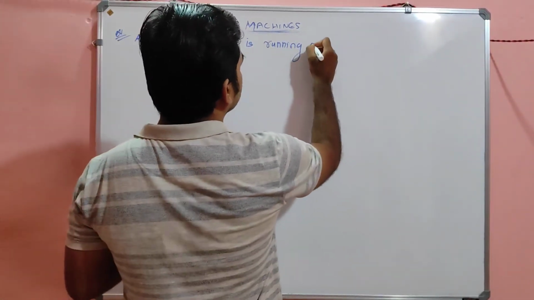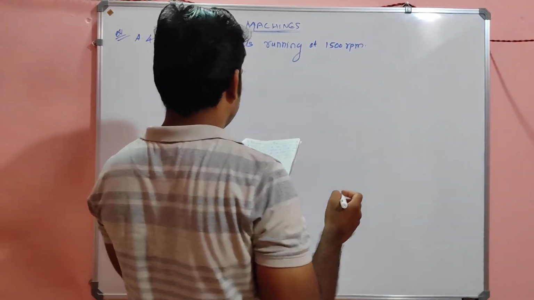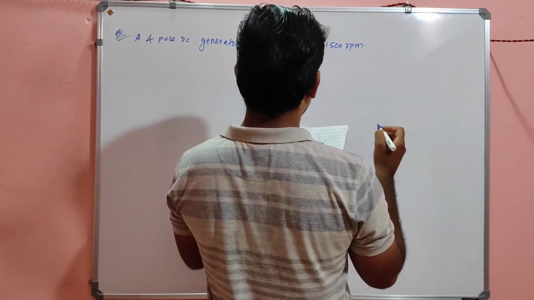At 1500 rpm, the frequency of current in the armature conductor is